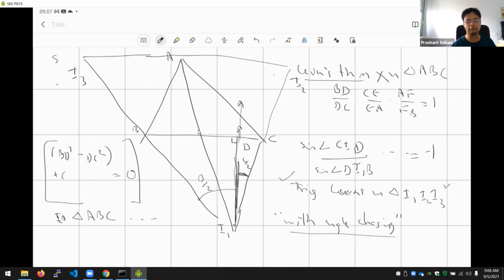You have to write out the exact order in which you are doing the angle chasing. Also, many times I see students not making the markings on the diagram. They mark the equal angles, etc., on the diagram. That is okay for your rough work, but basically when you mark any diagram, let's say